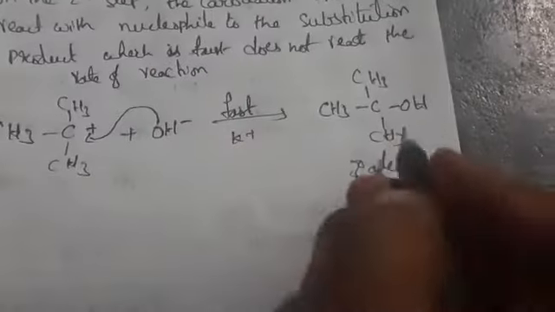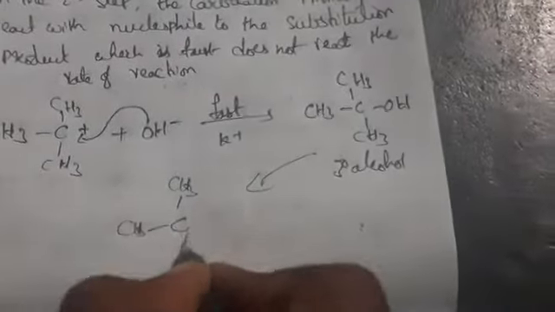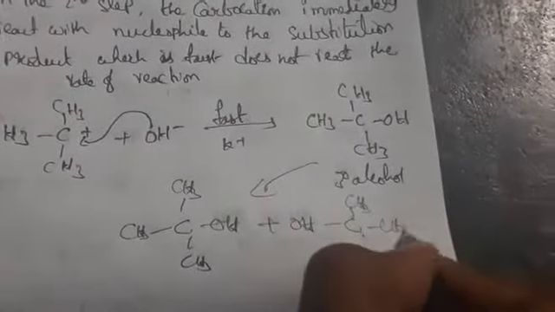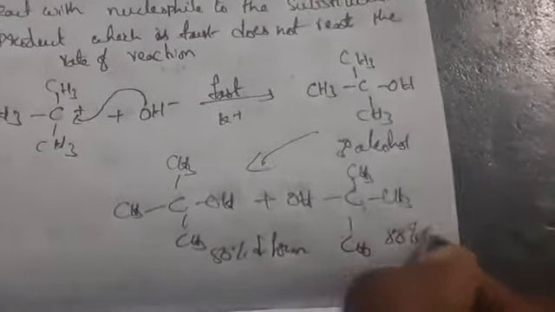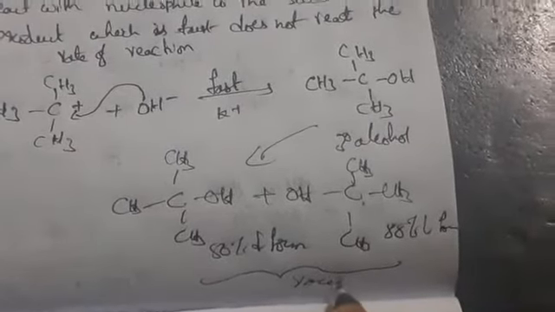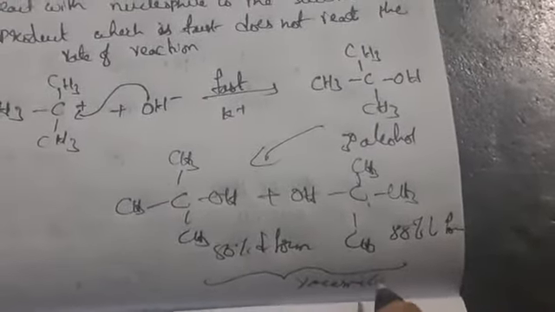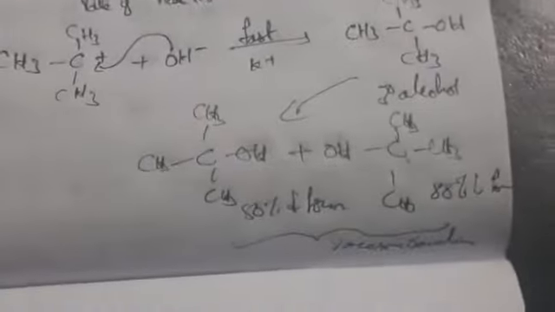Okay, so coming to here, this alkyl halide will form a racemic mixture whenever it is forming. So this one product it can form, this one can be written in two steps, that is (CH3)3COH. This is one product it can form. Another one is the mirror image. So 50% D form, dextro form, and 50% L form. So this is a racemic mixture. Racemic mixture means which will give an equilibrium mixture of D and L form, we call it as racemic mixture.